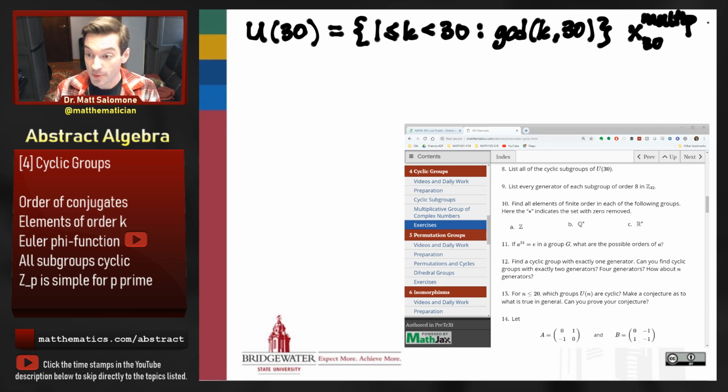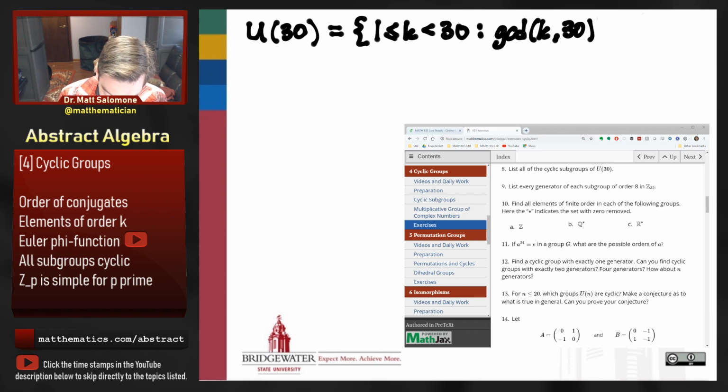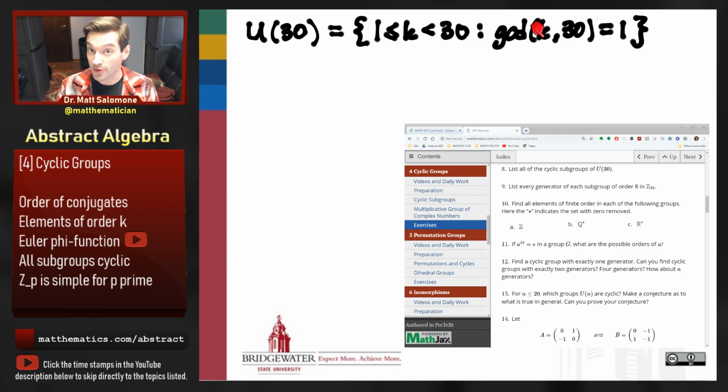Right? This is a multiplicative group, and its elements are only going to be able to be those residues mod 30 which are invertible, which we can multiply by some other residue mod 30 and get the multiplicative identity, which is 1. And so it's a basic principle of number theory. It's the part of the Euclidean algorithm that we're going to talk more about later on in this video. That, I didn't finish this sentence up here, my apologies. That those residues mod 30 that are invertible, multiplicatively invertible, are those that are relatively prime to 30, whose greatest common divisor with 30 is equal to 1.